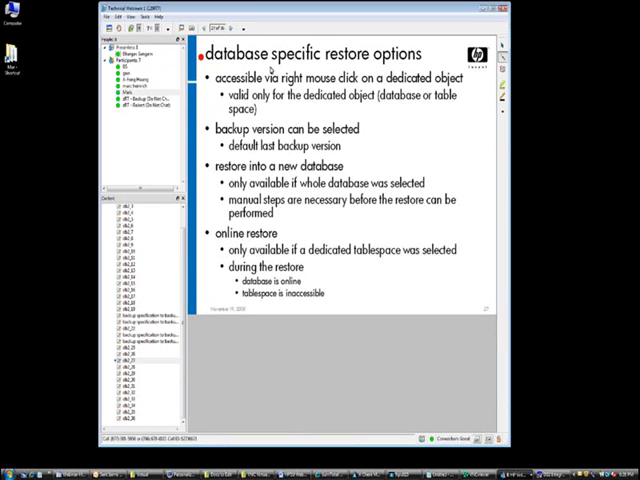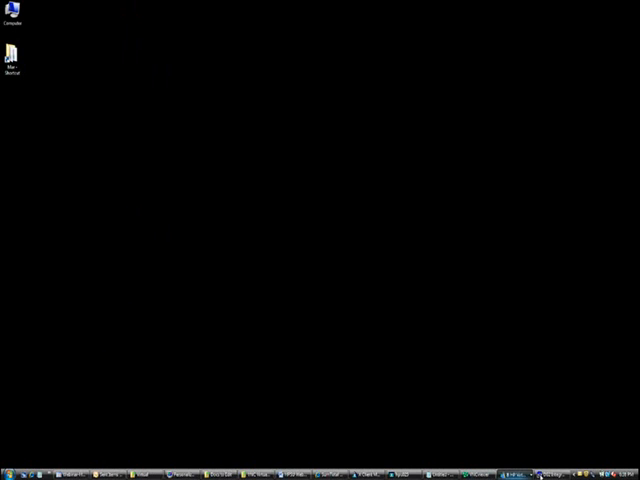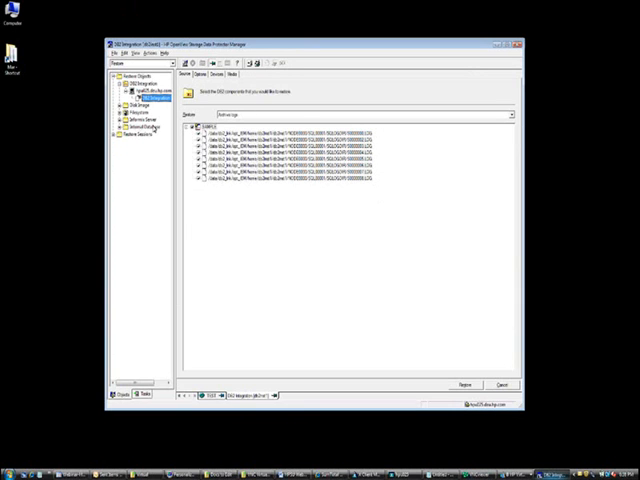Database specific restore options. You can right-click the mouse on a dedicated object and select a specific object and its version. Example. Now, how do we do that? Let's check it out in the demonstration window. So if I want to select my database,